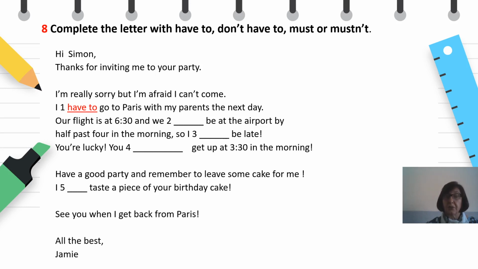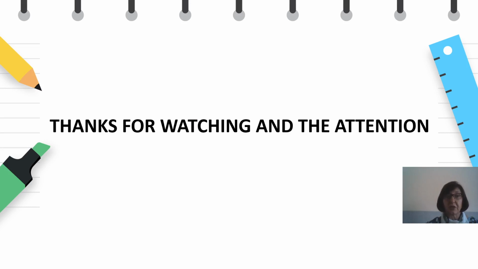Only the first gap is given, so the answers to the others are: in gap number 2, have to. In gap number 3, mustn't. Gap number 4, don't have to. And gap number 5, must. After we finished with all the exercises,